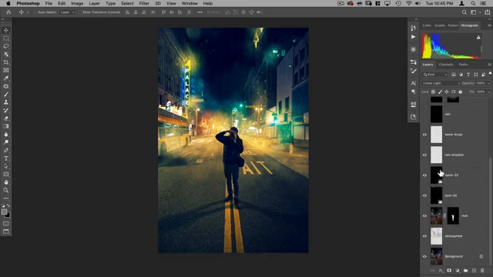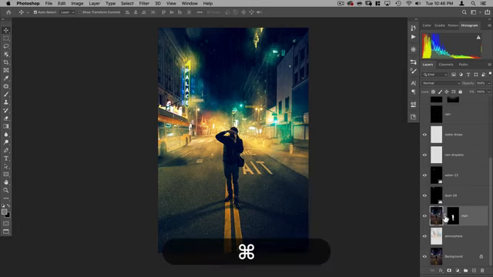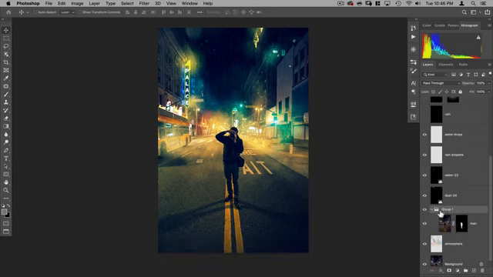And one other thing I might want to do here is, on my man layer, I want some of the highlight to be encroaching on him, especially that little light there and so forth, but I don't want to change this mask. So to create a double mask, I'm going to put just this layer in a group with Command G, and then add a mask to the group. So now I have 2 masks both affecting this layer.